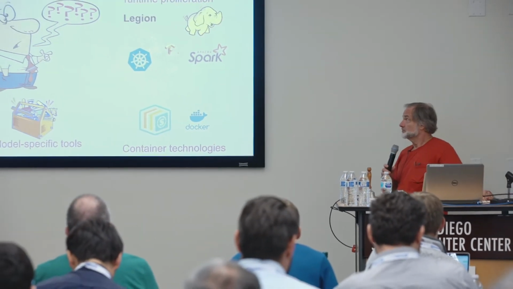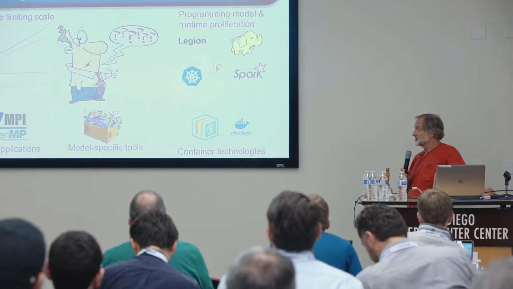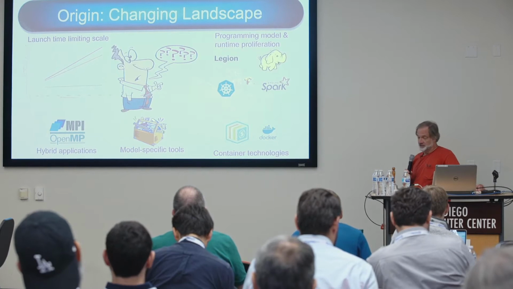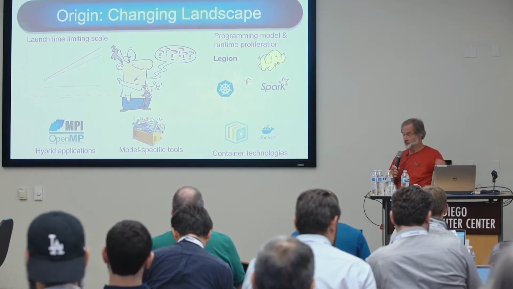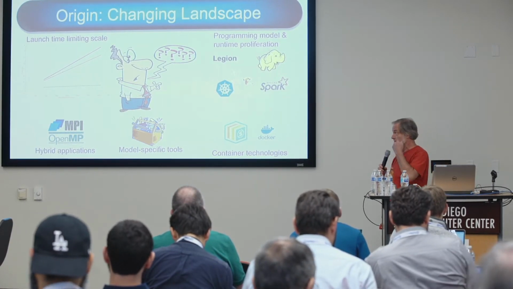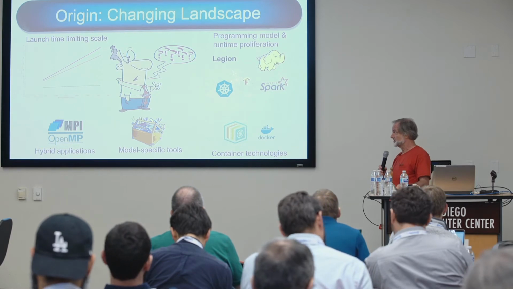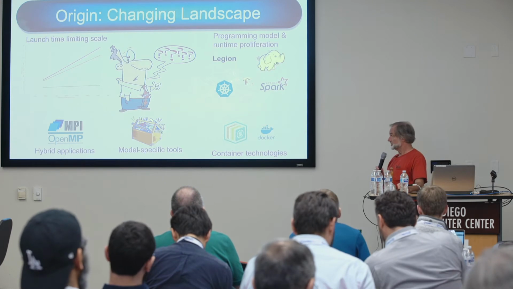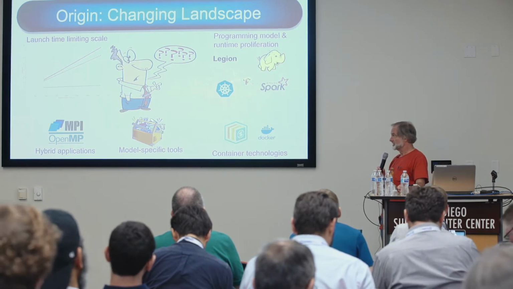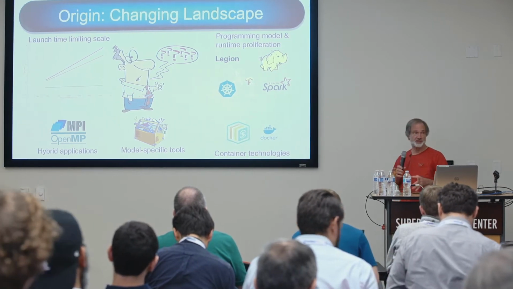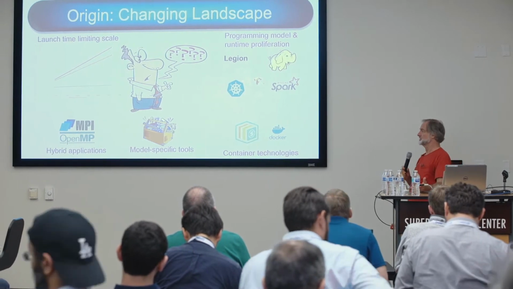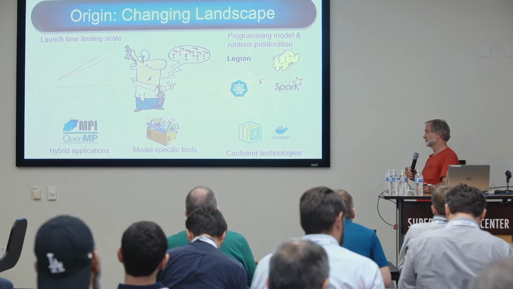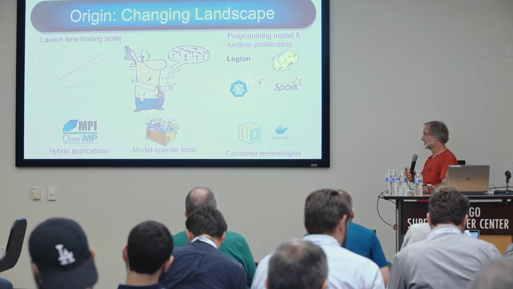So we were standing around looking at some of the issues we were facing in the high performance world. We were looking at things like launch time scaling, which was going up, especially for Exascale machines. We were looking at tens of minutes to start the darn thing. Then we were also looking at people wanting to create hybrid applications with MPI and OpenMP together in particular, but there were other combinations. We have people that want to do Spark with MPI, for example. So we were trying to figure out how we accommodate those.